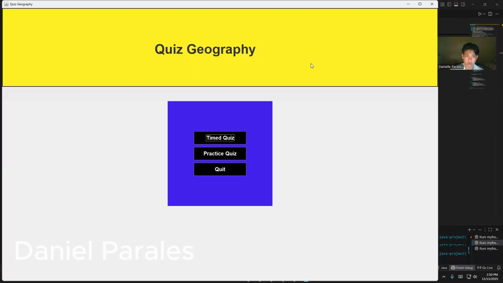So let's start by showing you our GUI. Here's our GUI with the quiz Geography on top, and then on the buttons we have Time Quiz, Practice Quiz, and then Quit. On Time Quiz, since our code doesn't have content, we're still trying to process it and make progress. Same as Practice Quiz, it doesn't have content so far, and on Quit, the system will quit. So step by step, I'll show you the